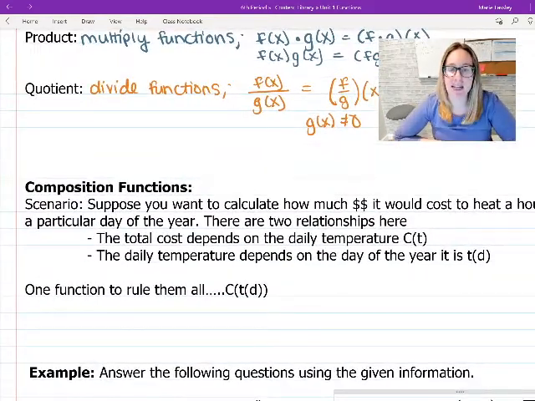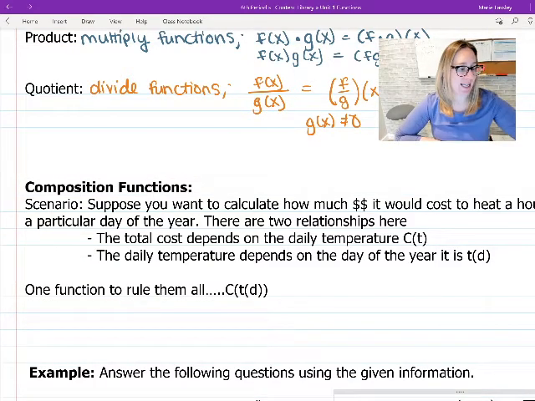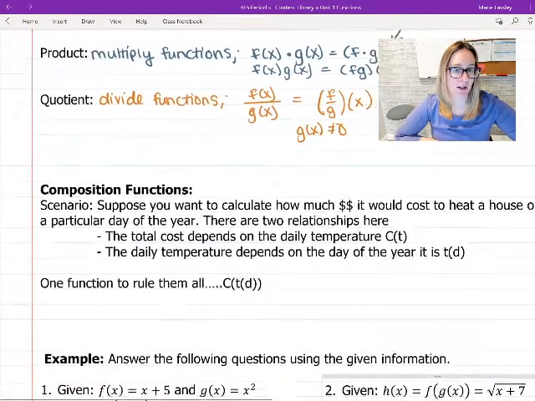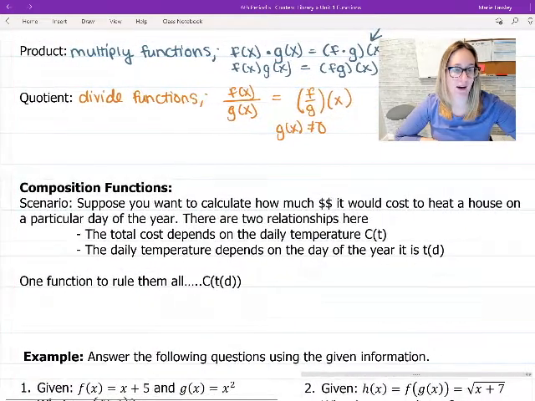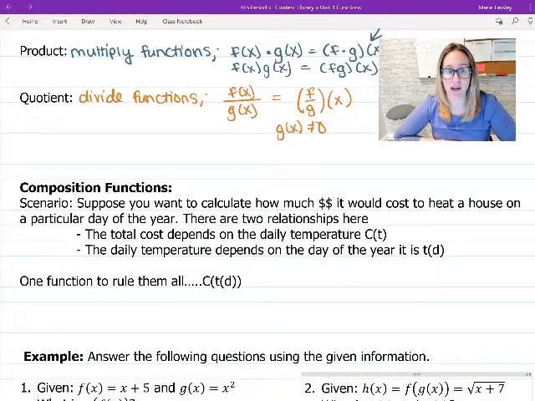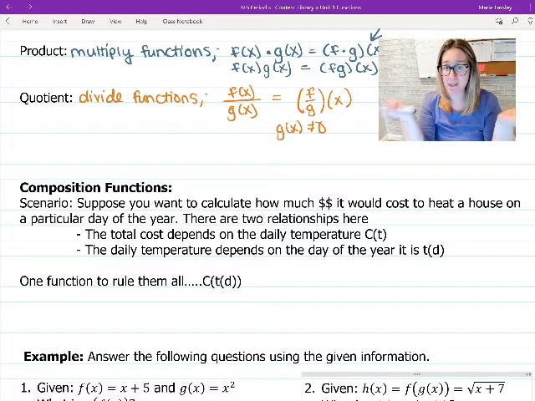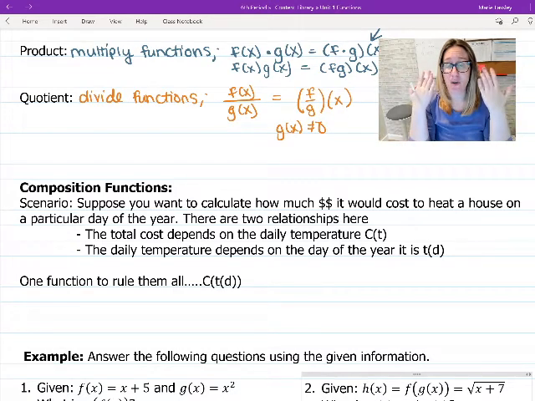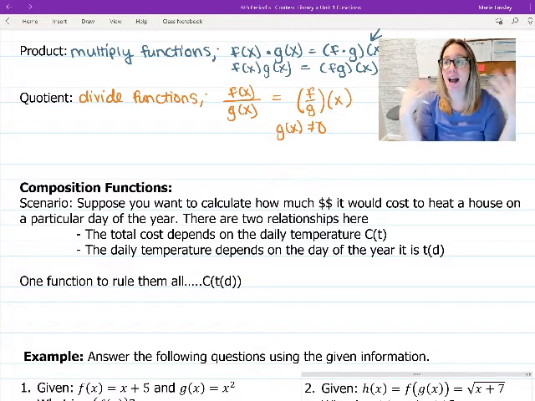All right, so like I said, here's a scenario. Suppose you want to calculate how much money it would cost to heat a house on a particular day of the year. So there are two things happening. The total cost depends on the daily temperature, but the daily temperature depends on the time of year it is. So you have two separate things. If you ever ask your parents to look at their electric bill,